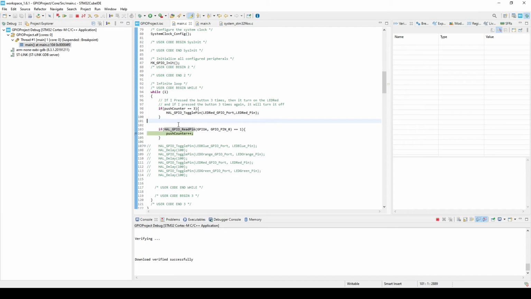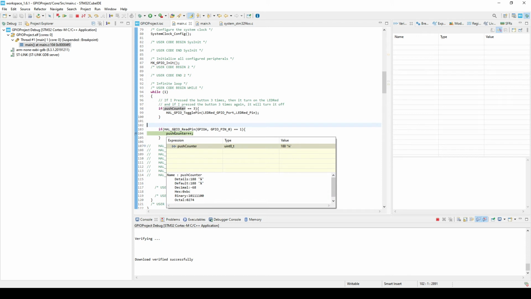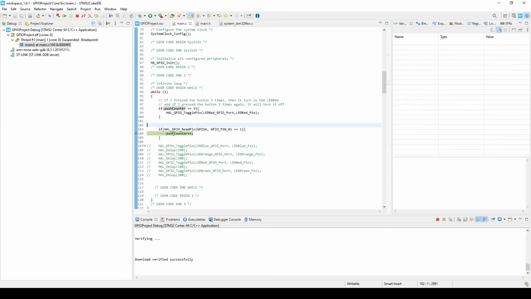But in that period that your hand was on the button, which was, let's say, maybe 100 milliseconds, it ran this code 100 times or a million times, and the push counter increased. You are seeing 188, but probably it increased a million times. It just overflowed, it reached probably 255, and then it went back to zero. Anyway, randomly you were seeing 188, so probably it went up and down a lot of times. So it doesn't matter. You understand the problem using this basic tool of going over a variable